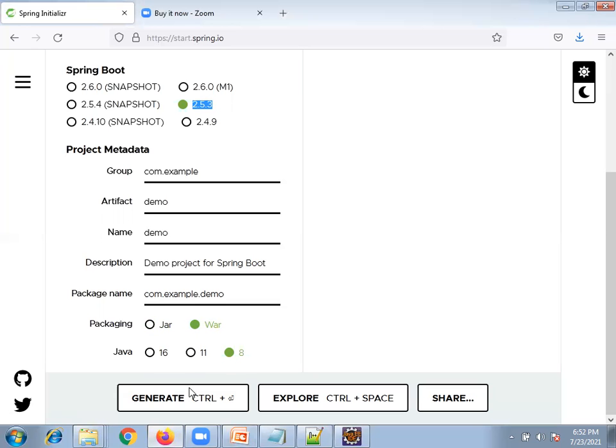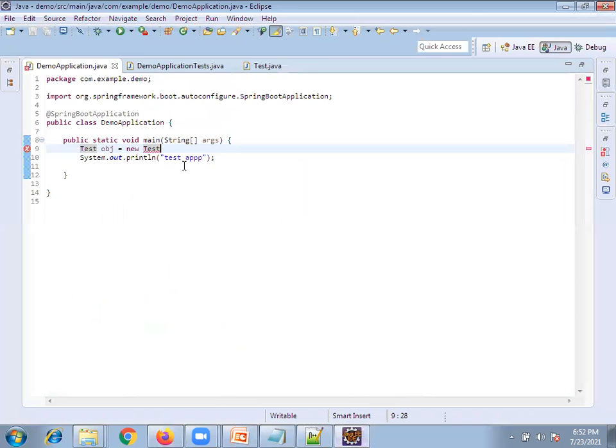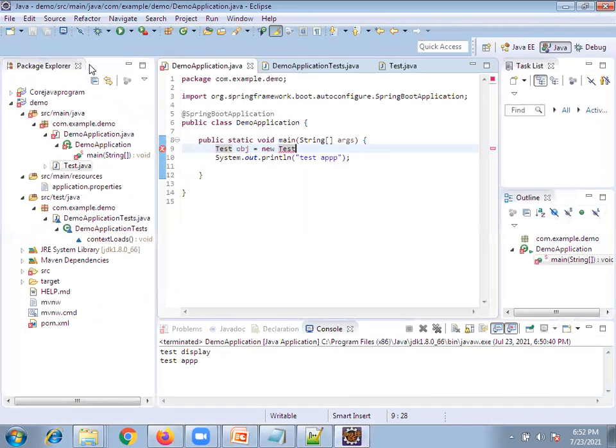Whenever you download and generate and just run, the program is working. Within 1 or 2 minutes, we are going to run the program. If you want to configure this in Spring, or Servlet, or Struts, how much time will it take? Tell me. A lot of time. At least, if you are an experienced person, it will take 2 or 3 hours. If you are trying to learn as a new person, it will take at least 1 or 2 days. But now we are doing it using Spring Boot in 2 minutes.